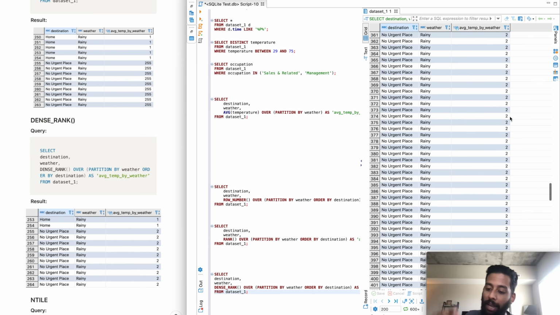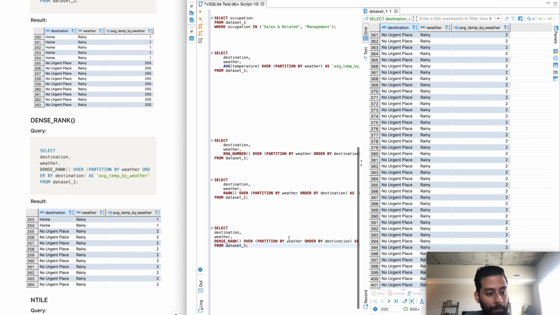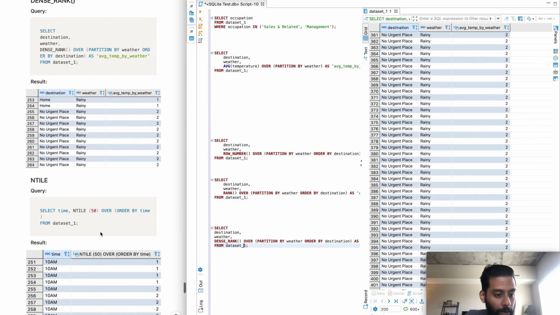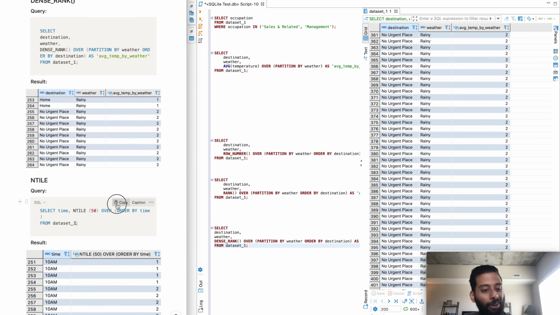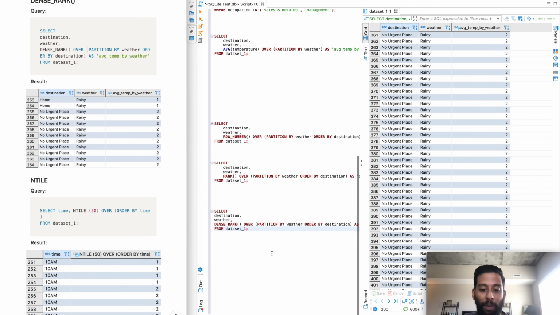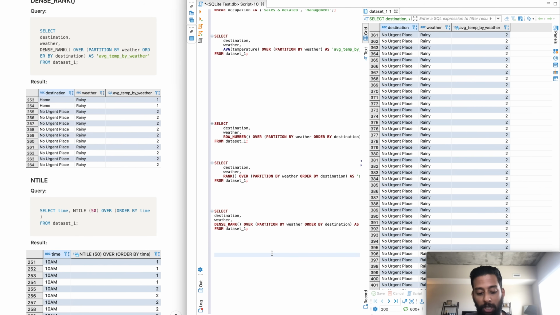In that instead of getting the row of the new combination of destination and weather, it just says 1, 2, 3, 4. This is the order that we're dense ranking stuff on. And this is stuff that I think is worth just knowing about for an interview. You probably won't be asked to do a lot of window functions in an interview. And if you are, there'll be stuff like